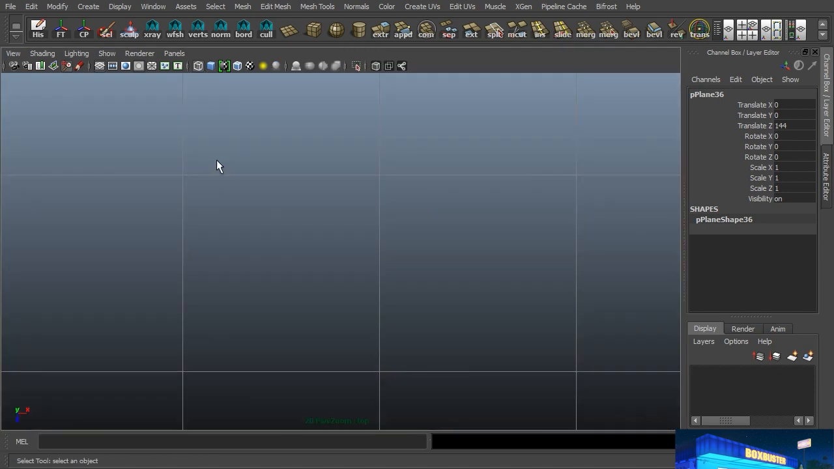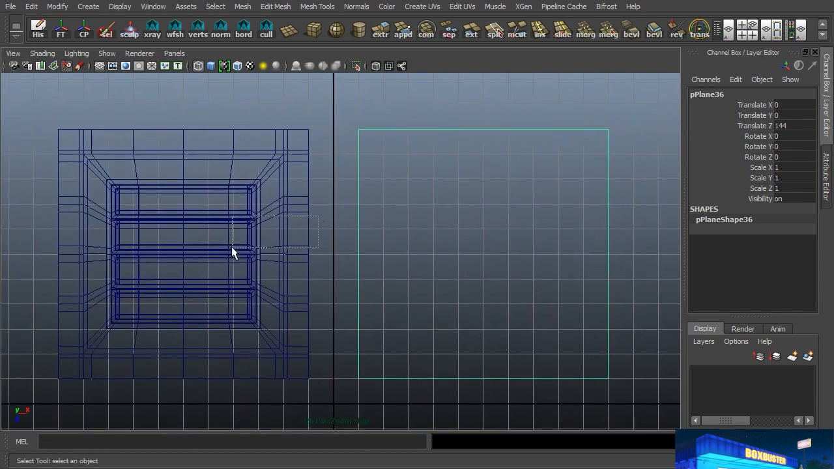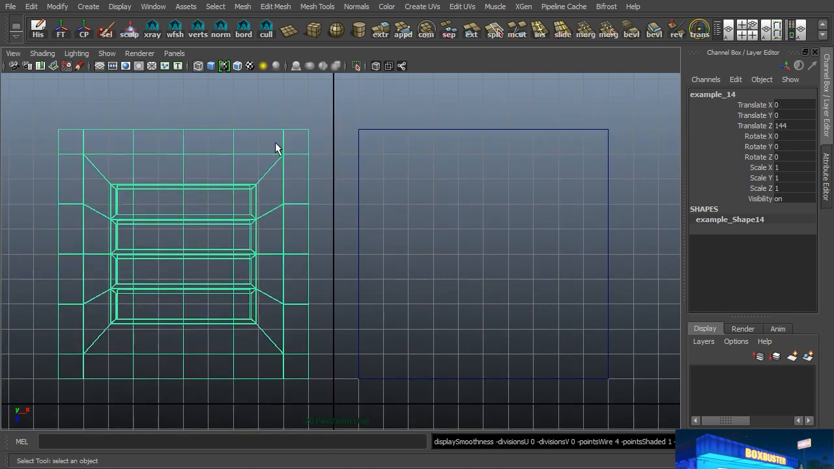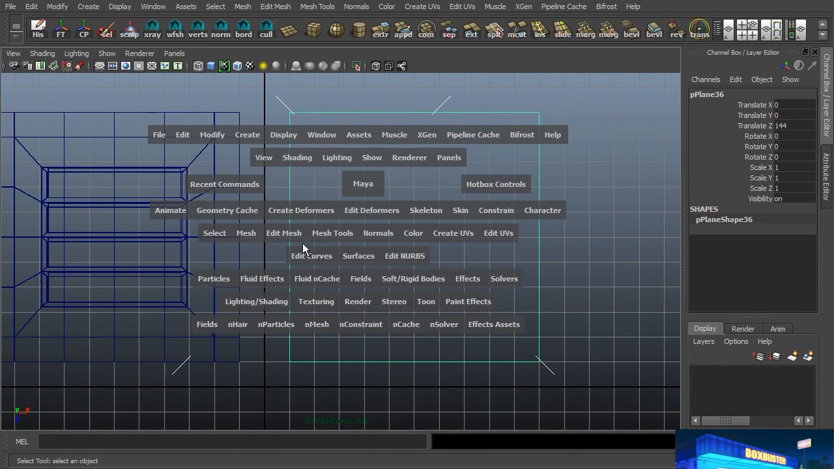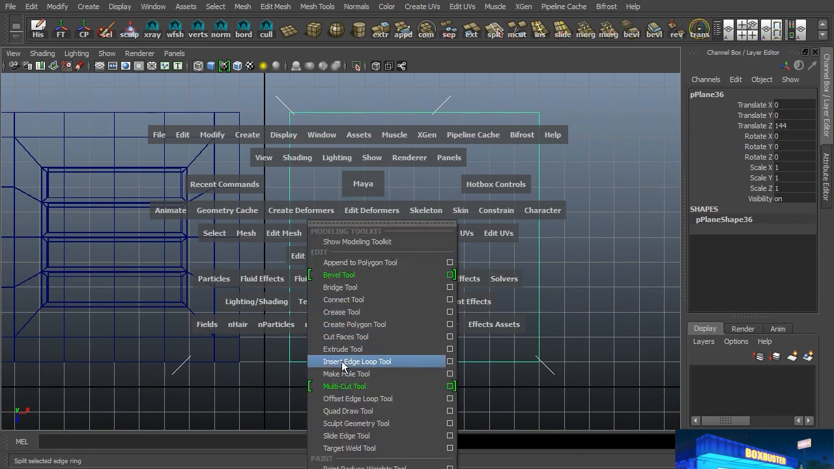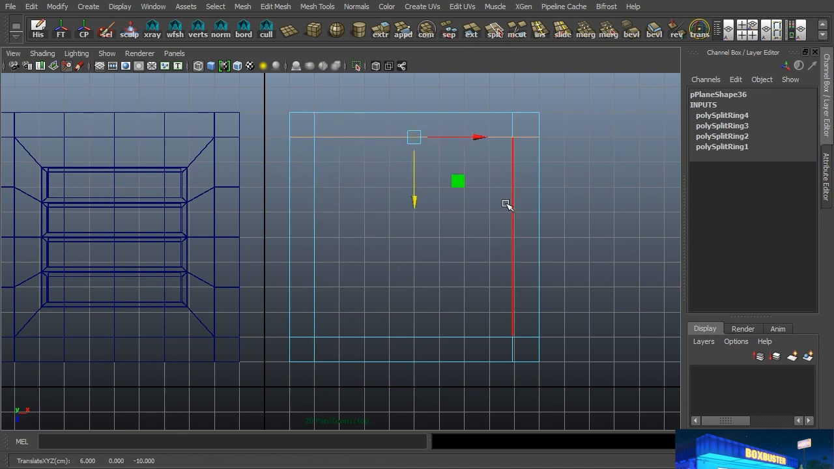Alright, so let's jump into our top view and we're going to split this up a little bit. And what you can see here is we have this little border that runs around the whole thing, and it's actually on the grid so we can snap all that information. So we'll go to Mesh Tools, Insert Edge Loop Tool, and we're going to put 4 extra in here. And we're going to take those, snap them to the grid, and this will create our border that we have around here,